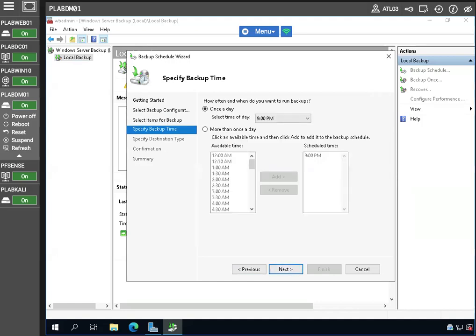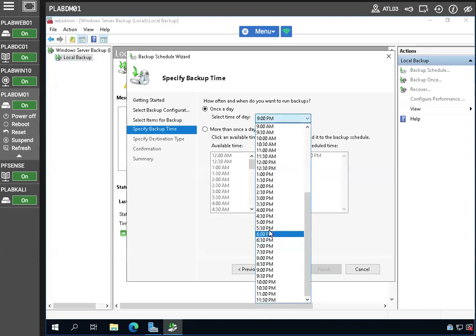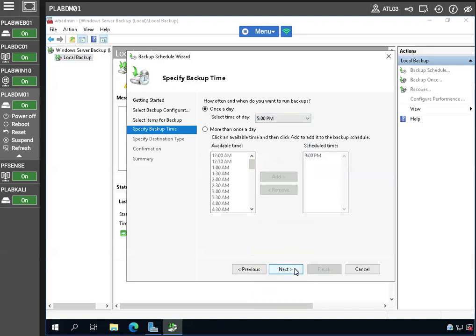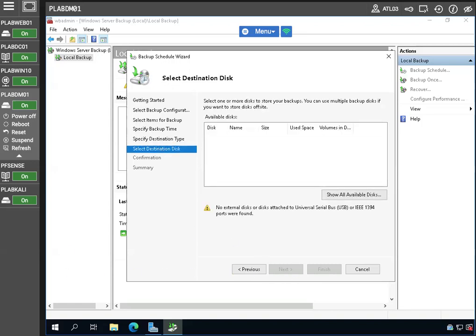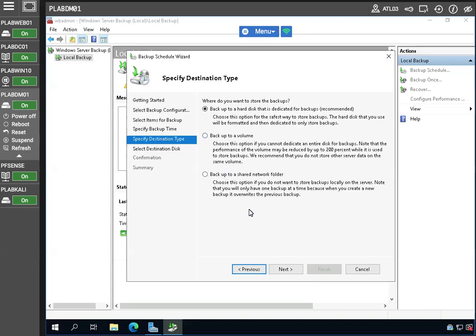All right, so the time of day, we could do 5 p.m., a typical work day, to run the backup. Depending on the backup policy, the backup frequency can be defined for more than once a day if needed, by the way. And I'll just leave this where it is. I just wanted to say that. And also different types of backup destinations can be used for this backup. You can see here for the purposes of the lab, a local drive is going to be used as a